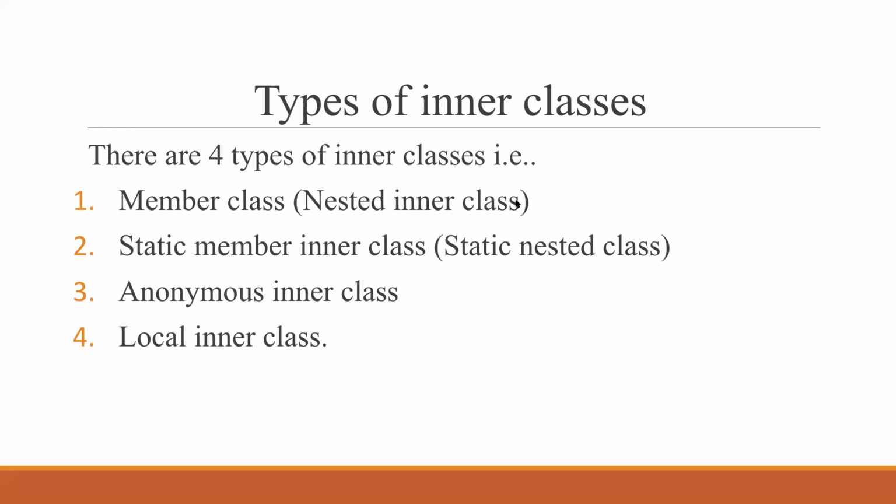Then we also have anonymous inner classes, and then local inner classes. These are the four types of inner classes that we've got in Java. So we are going to look at what they look like and how we can code a few examples of them. Now, I'm just going to first introduce the two, then we go back to proceed where we had left off from code. So the first is